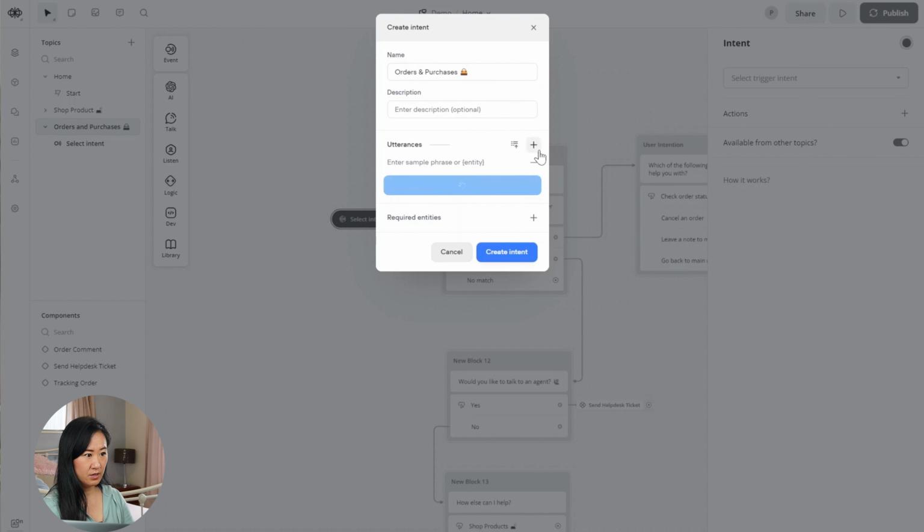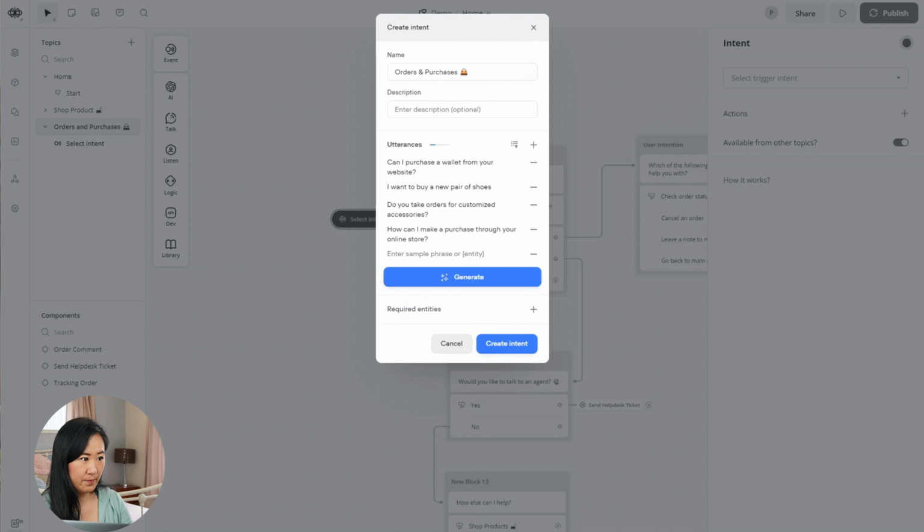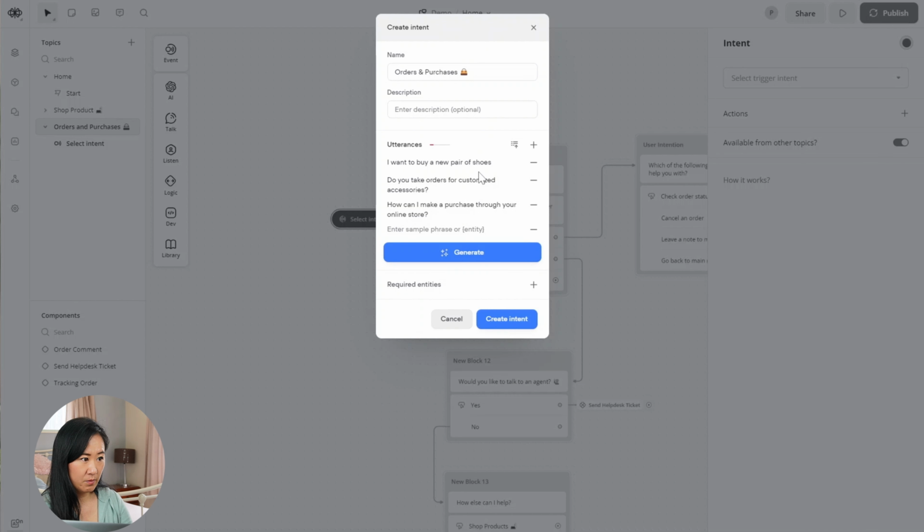You can use AI to generate intent. I would like to place an order for a new handbag. Maybe not that one. Can I purchase a wallet from your website? Maybe not that one. I want to buy a new pair of shoes. Okay, so maybe I should type something first, just to give AI a better indication of what this page is really about. Judging by the main menu we have, obviously this page is designed for customers to